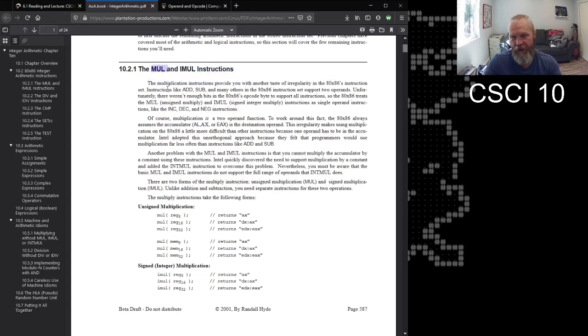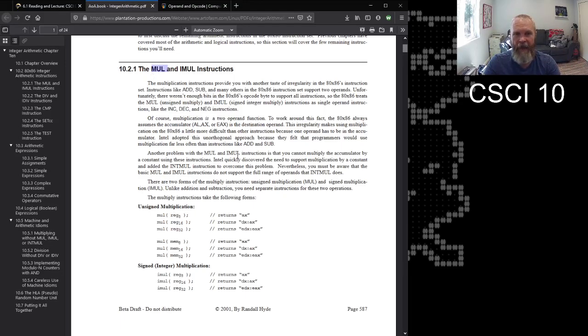The mul instruction is for unsigned multiplication, and imul is for signed multiplication. We do not have signed numbers in our code yet, so we don't have to worry about imul. But this is the first time you're encountering an instruction that's different for signed and unsigned integers.